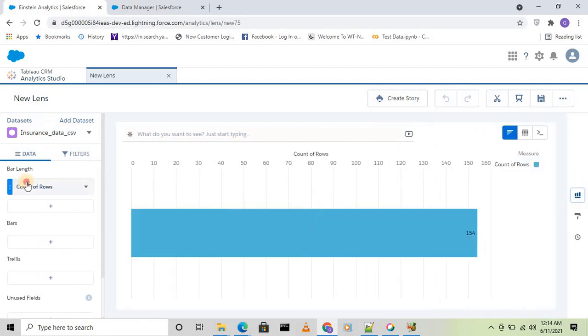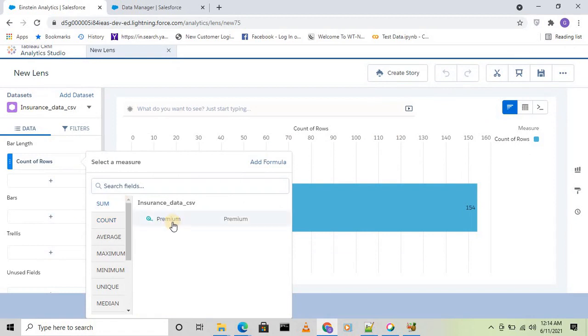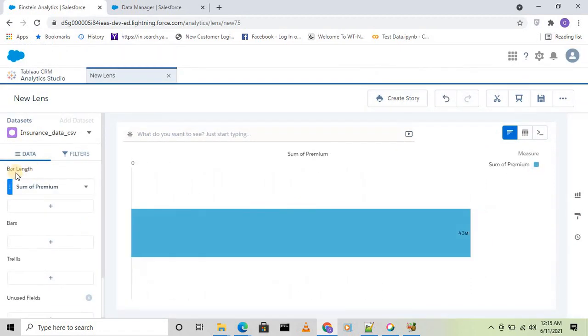To do that, I'll select sum of premium. In bar length, as we know, whatever measure fields or numeric fields we have, we'll select here. Then if I go to bar, here we'll select all these string fields or group by fields, both string and date fields.